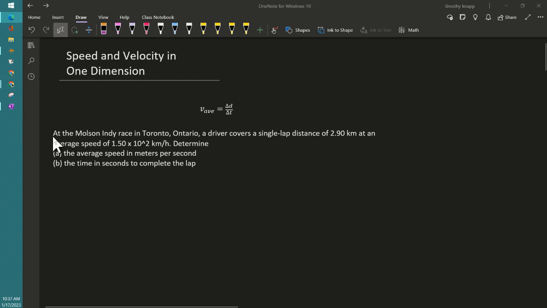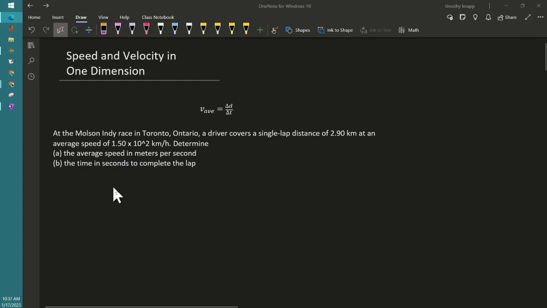So, just a quick one: at a Molson Indy race in Toronto, a driver covers a single lap of a distance 2.9 kilometers. They give us an average speed of 1.5 times 10 to the 2 kilometers per hour. We want to know the average speed in meters per second. So this is just a simple